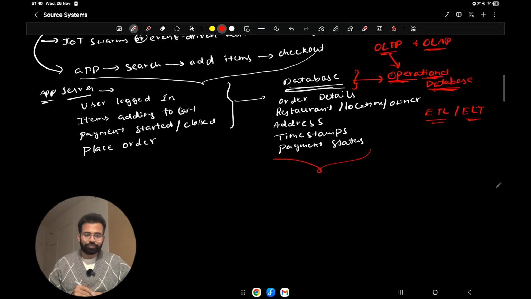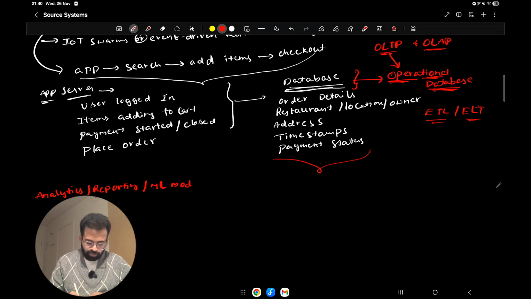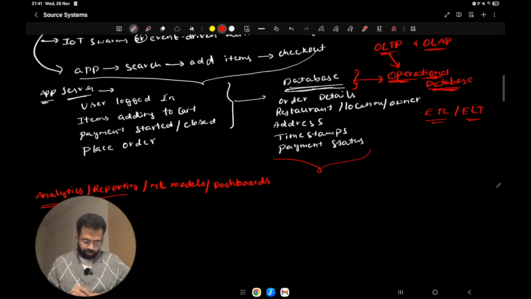So whatever your use cases are, for analytics, reporting, machine learning models, or even dashboards, normally you have to get the data not from the application server itself.